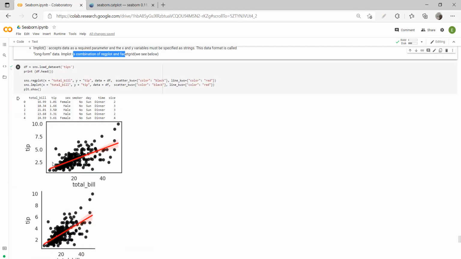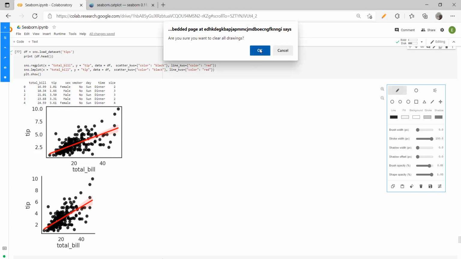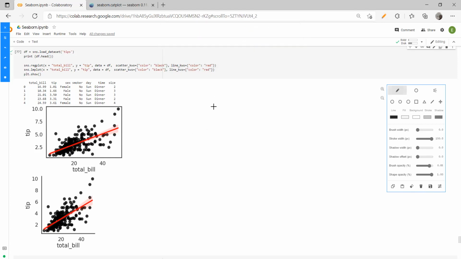Honestly speaking, you will never use it, because you will not have such a simple use case when you are actually working on machine learning. You are not doing house price prediction. You will not have a use case like, if the area increases, is my house price increasing or not? That's like a fifth or sixth standard use case, nothing more than that. So you won't have such a use case.